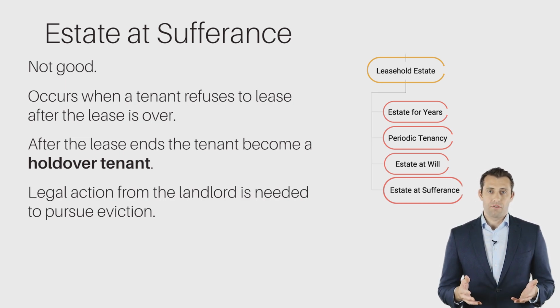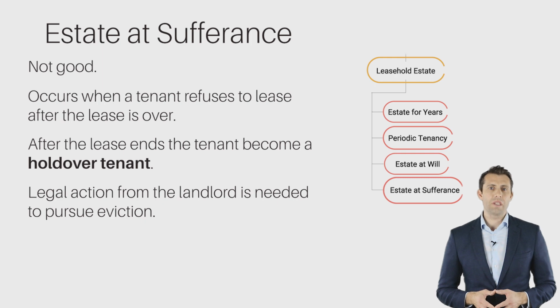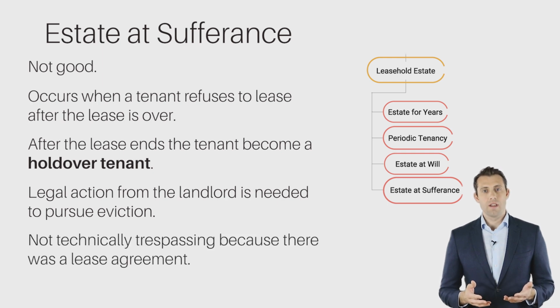An example of an estate at sufferance is a tenant who has a lease from January 1st to September 31st, pays the rent every month on time, but then doesn't leave the property after getting proper notice from the landlord to vacate at the end of the lease on September 31st. Beginning November 1st, that would be the first day this property would be an estate at sufferance. You might think that the tenant at this point would be a trespasser, but the key difference here is that the tenant at one point was in a proper legal agreement to occupy the property.